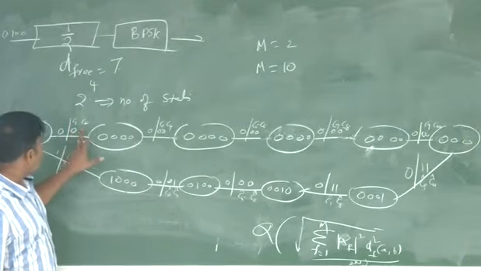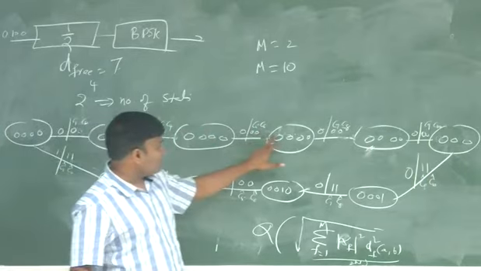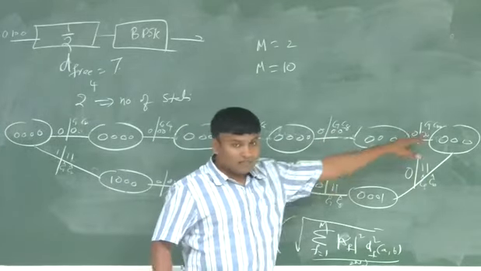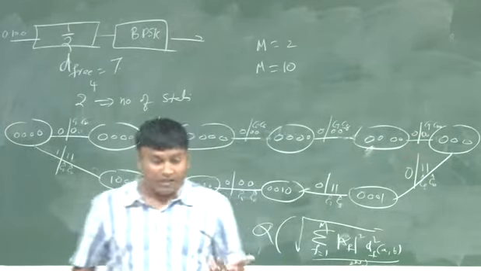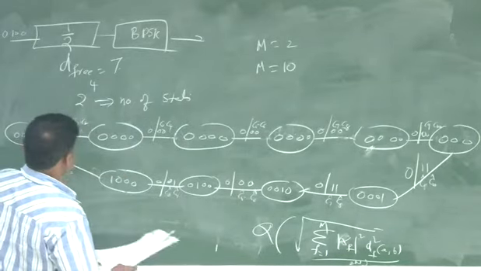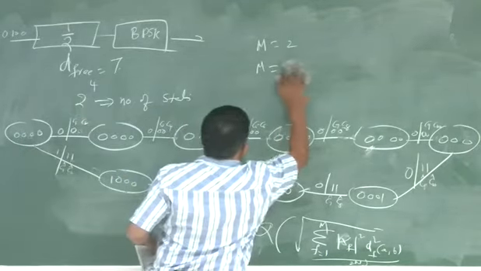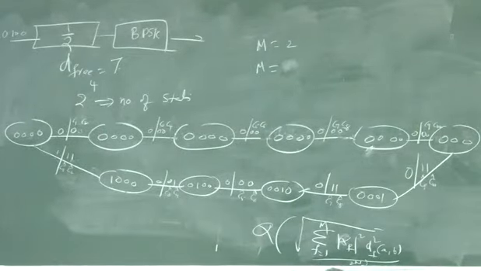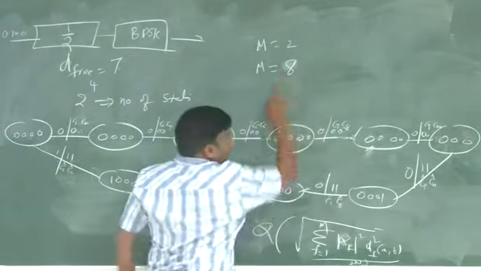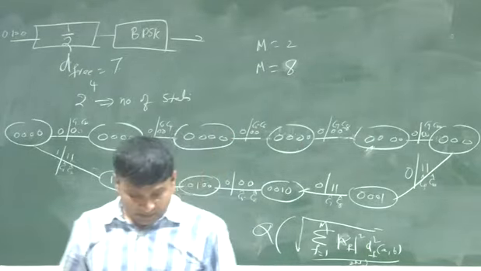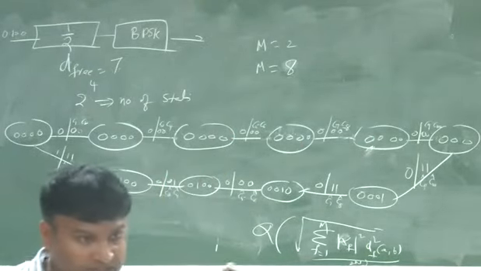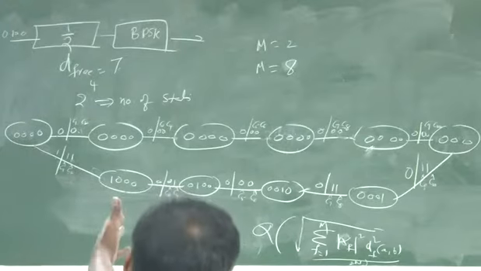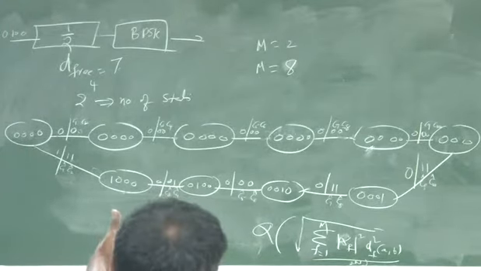Similarly, I can do alpha 1, alpha 2, alpha 3, alpha 4, alpha 5, alpha 6, alpha 7, alpha 8, alpha 9 and alpha 10. And now, or let us say I will choose 8 antennas, m equal to 8. Not 10, but m equal to 8. And calculate the diversity order. Can I get 8th order diversity? If I have 8 antennas from this tree, can I get 8th order diversity?